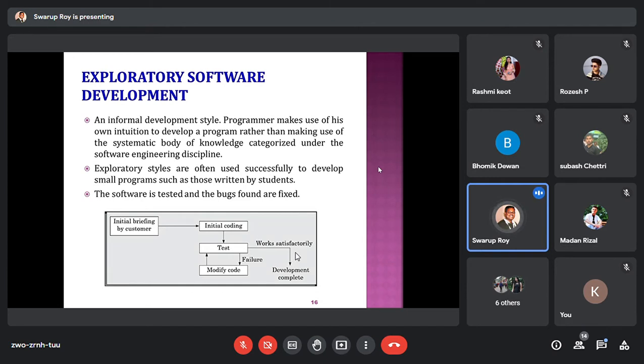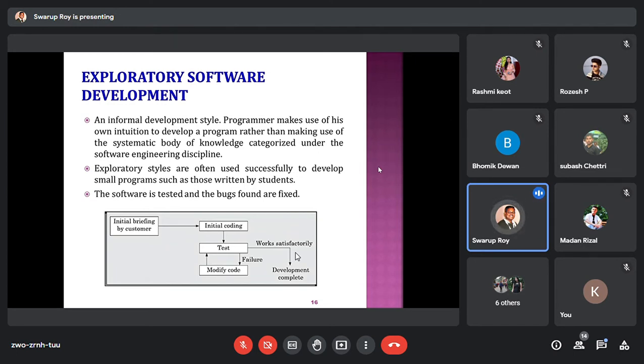Now, in software engineering, if they follow the software engineering principles, the people in the hierarchy try to do prevention at the early stage rather than fixing bugs later in the form of a cure.